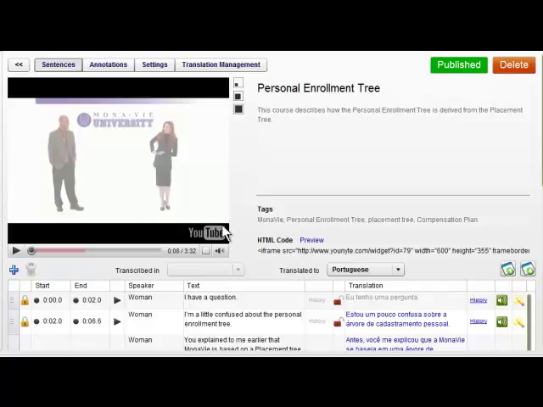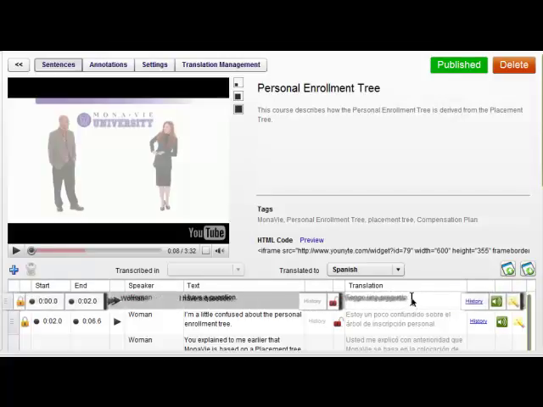So I'm in this project right now, and the first thing I'm going to do is start Spanish. So I'm going to start working on Spanish, and then I've got another document open. You can't see it, but it's a document that I received from the translation house with the translation. So I'm going to copy the first line and come over here and